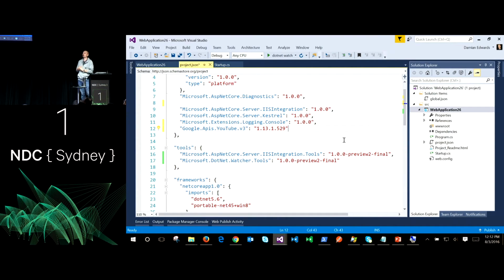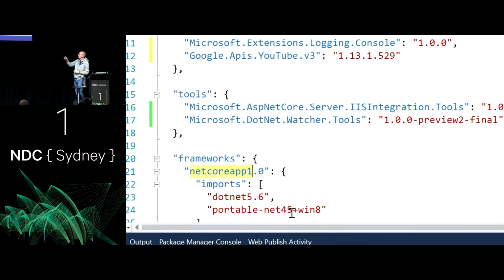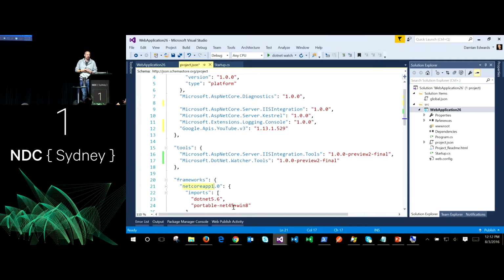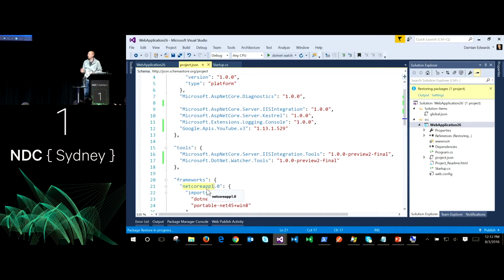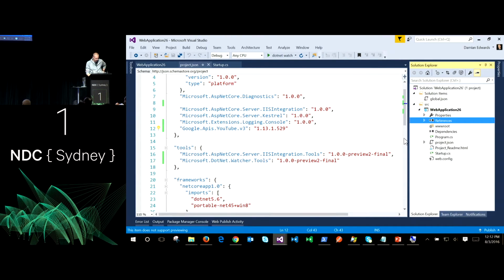This project is using .NET Core, okay? And I know it's using .NET Core because under frameworks, it's using that .NET Core App 1.0 TFM, or Target Framework Moniker. It's just a fancy name for saying, this is the name of the framework I want to run on, okay? NuGet uses that TFM to decide which DLL outside of the NuGet packages that I reference up here to load into my application. And if there isn't a DLL that matches that TFM, or matches a TFM that is compatible with this TFM, there's a whole hierarchy of compatibility here, then you'll get an error, which I should get right now. So if I go ahead and try and restore this,